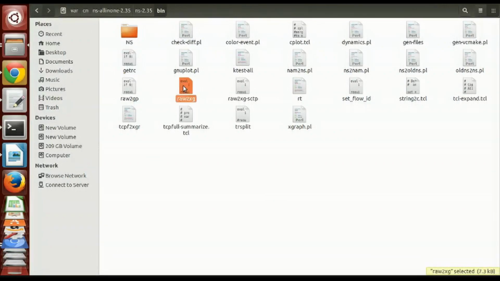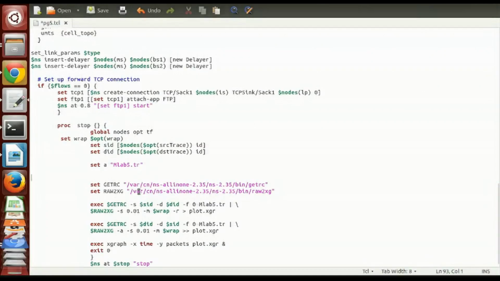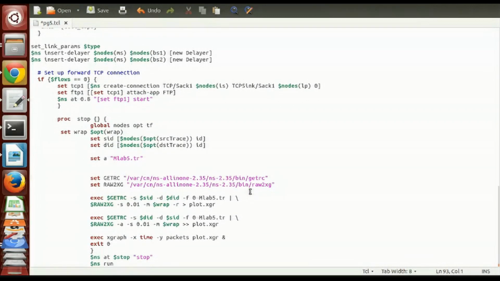Same way you have to do it for raw2xg, and paste it for that variable on the next line. This is how you have to copy these two lines. Basically, wherever you have installed your ns2, it could be from the home directory or my computer. Okay, that's it about the execution. Thank you.